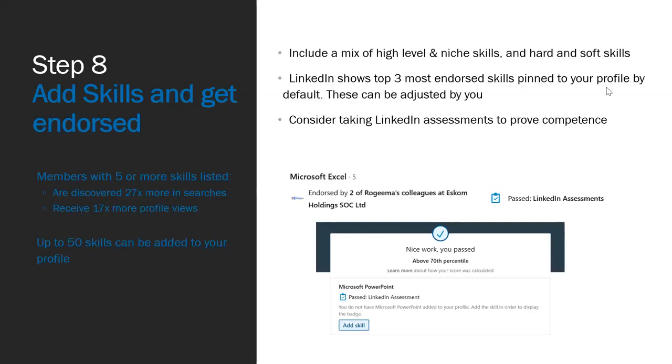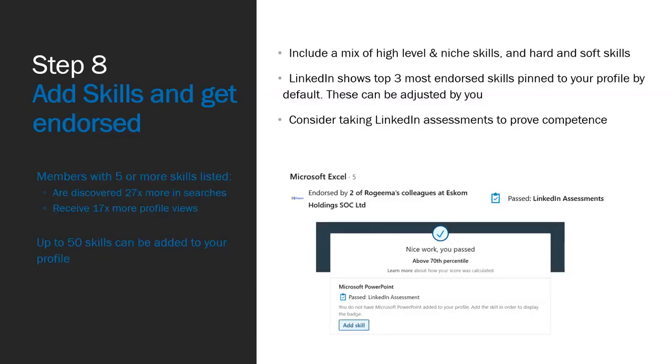There's things like MATLAB, there's R, there's all the Office applications, there's Adobe. If it's something that you're good at, I recommend you do it, because it gives an indication that you did the test on LinkedIn, and LinkedIn is actually saying you're great at it. So it's not just you saying you can do it, because sometimes people say they're good at something and they're actually not. But if you pass this test, and you need to pass it above the 70th percentile, then it will show like that on your profile.